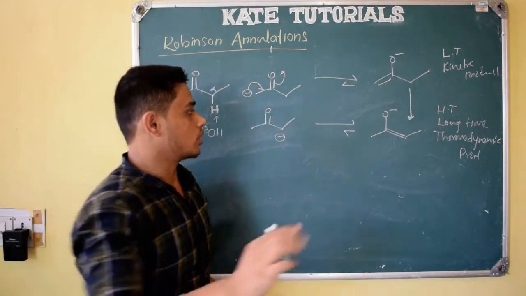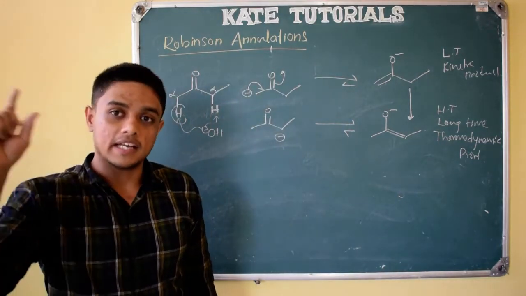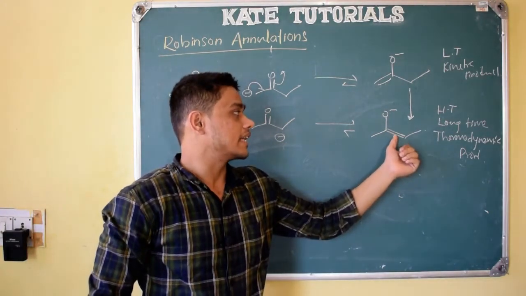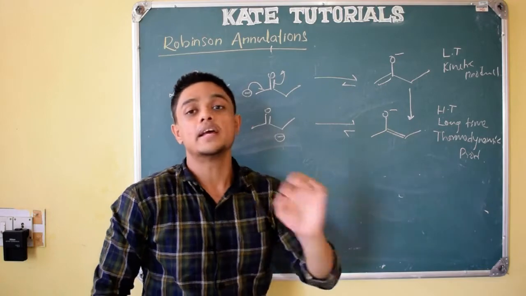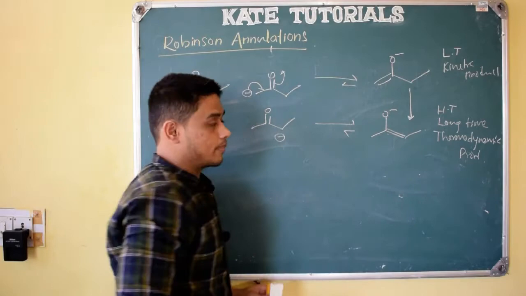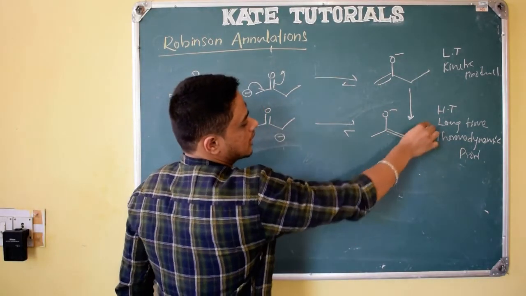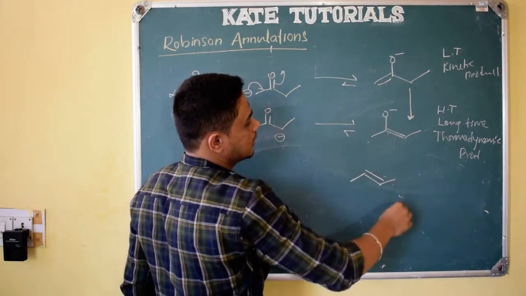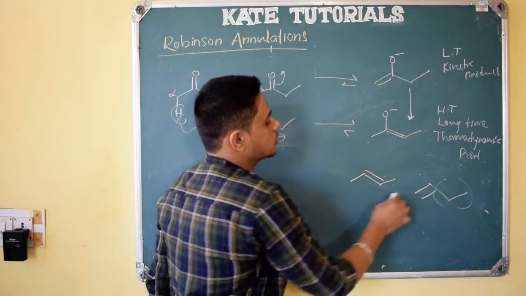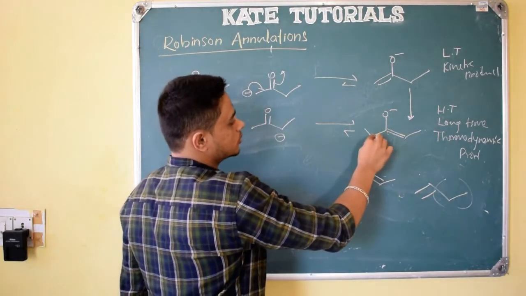Why is it so? Because we have studied the Saytzeff rule in E1, E2 elimination reactions. There we used the Saytzeff rule. According to that, the alkene formed which is more substituted will be thermodynamically stable. That is, more substituted alkenes are stable. Here this is an alkene which is substituted. Here also substitution, here also substitution. But for this alkene there is only one substitution. So these are very stable thermodynamically, because here CH3 groups will be there.